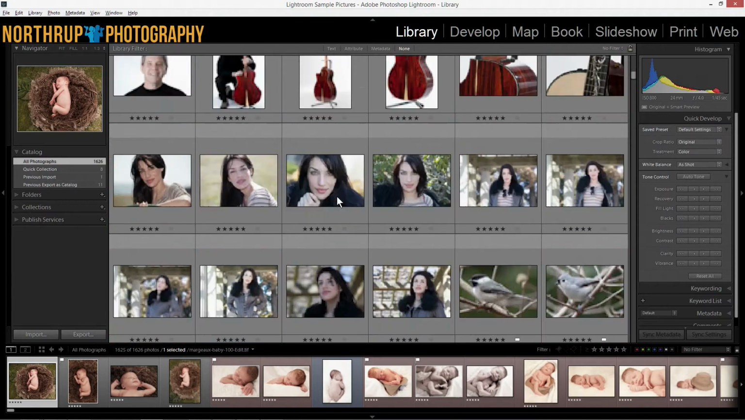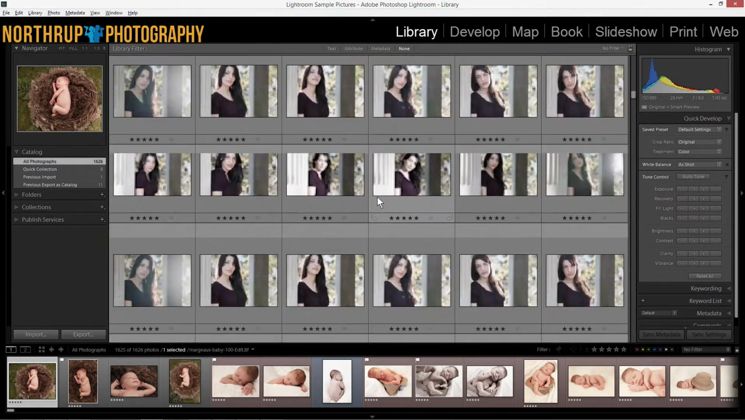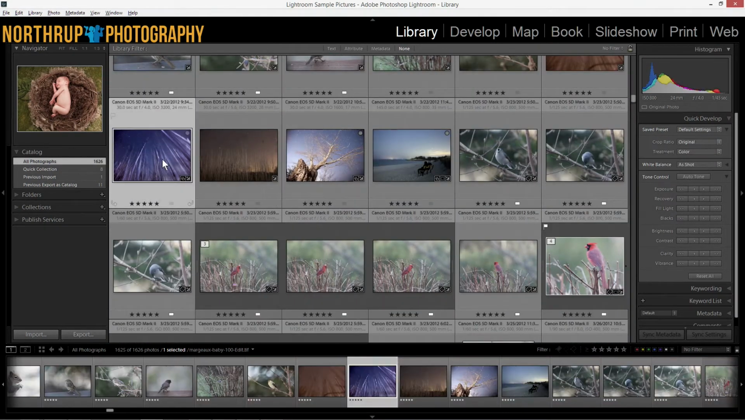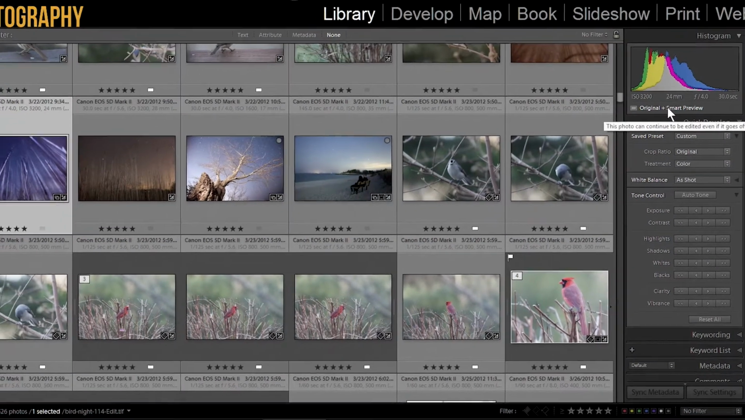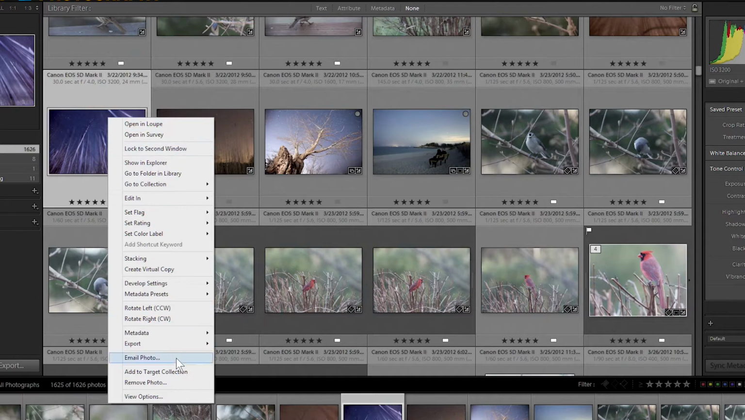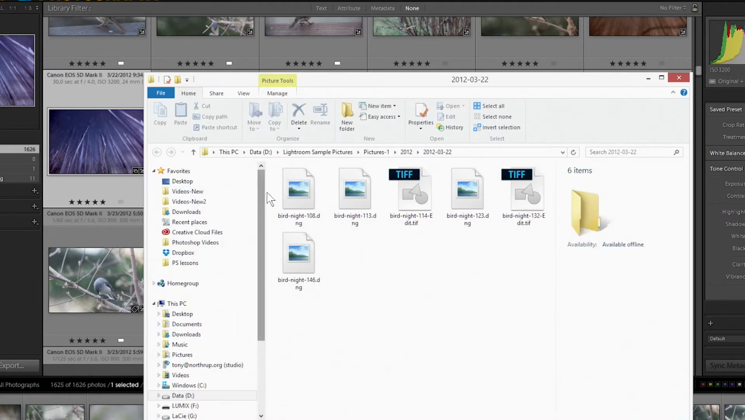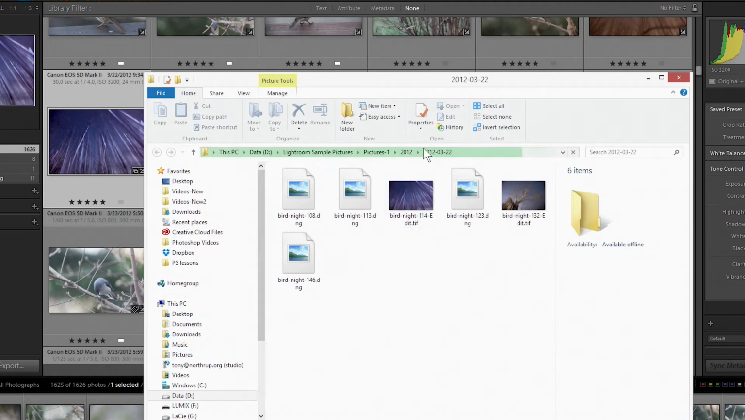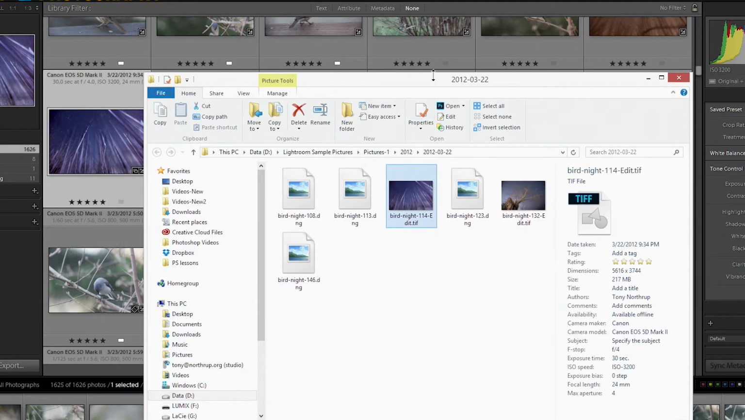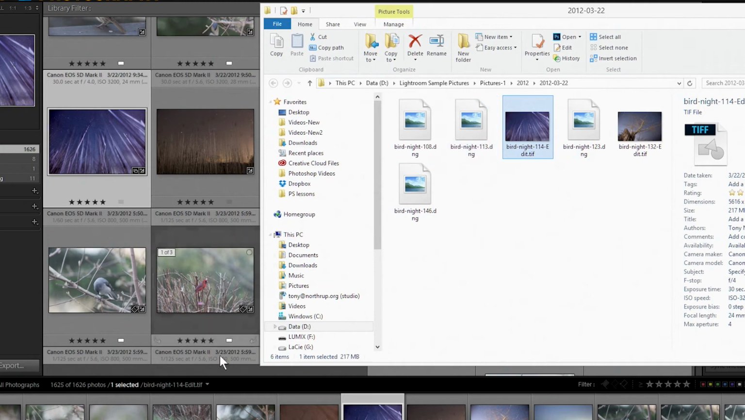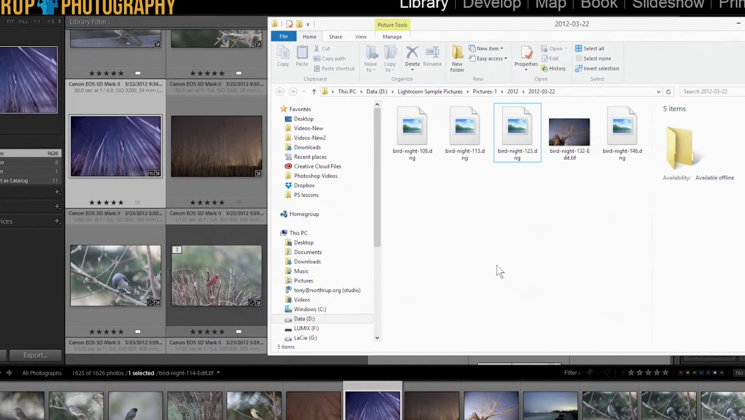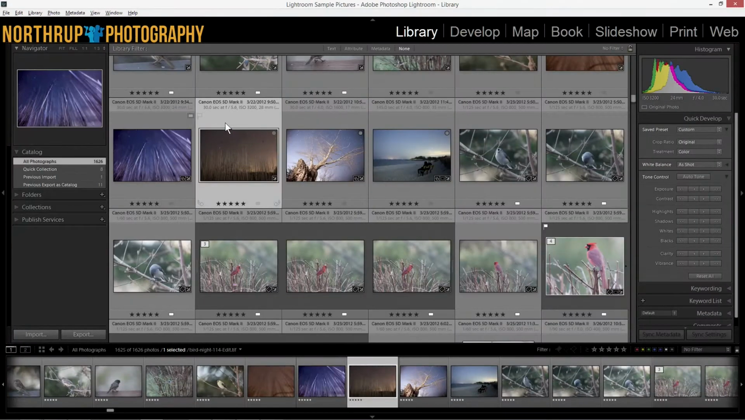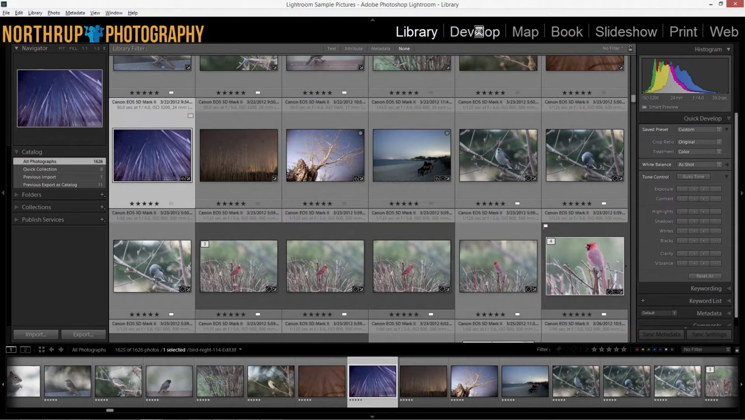So let's pick a picture here, this night photo, and you can see it says original plus smart preview. So what I'm going to do is open up Explorer, show in Explorer. All right, you can see the file names match. That's my actual file. I'm going to delete that file. So now it's gone. So if I go into the Develop module,